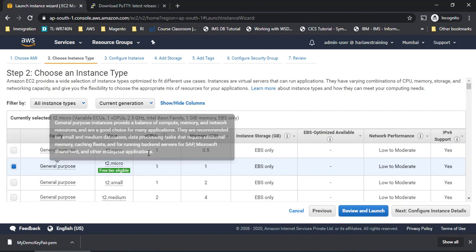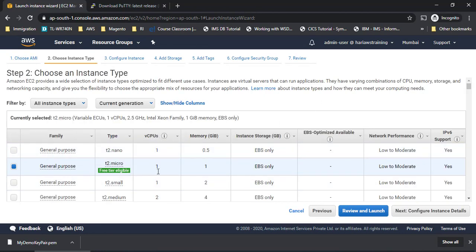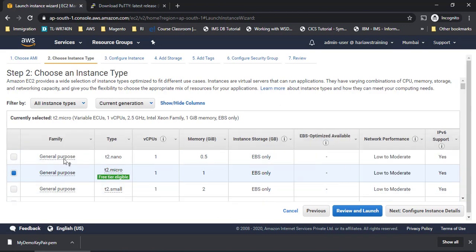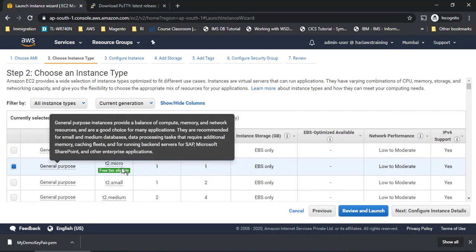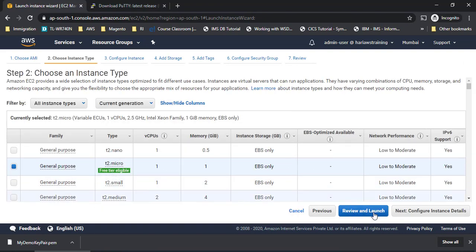And then here also there are different options to select which EC2 machine you want to have, what memory size you want, how many vCPUs you want, whether you want to have a GPU. You can select all those options here, but again we are restricting ourselves to the free tier because we don't want to spend a single rupee on it. So I am going to select this t2.micro. Okay, this is the type of our machine.